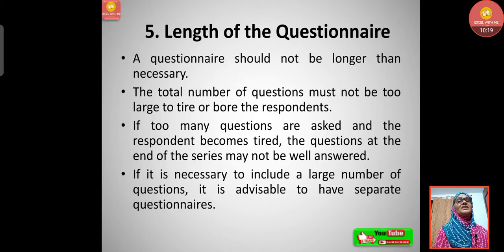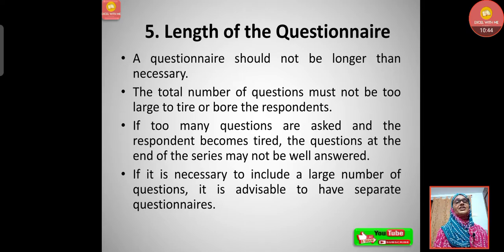Now the fifth one is length of the questionnaire. A questionnaire should not be longer than necessary. Obviously, the total number of questions must not be too large to tire or bore the respondent. For example, 30 questions, 20 questions, 40 questions, that's it. Otherwise, if you give 100 questions, the respondent will not have any interest to